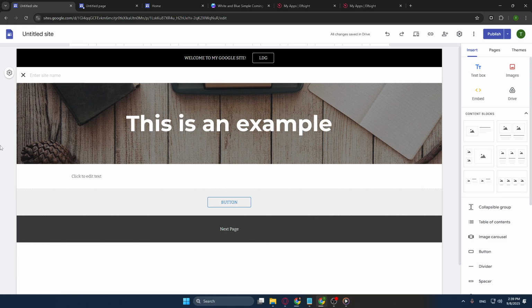If you haven't already, open up your preferred web browser and navigate to Google Sites. Once you're there, make sure you're logged into your Google account, as this is essential for accessing and customizing your site. Now that you've arrived at your Google site, it's time to add some animation to really bring it to